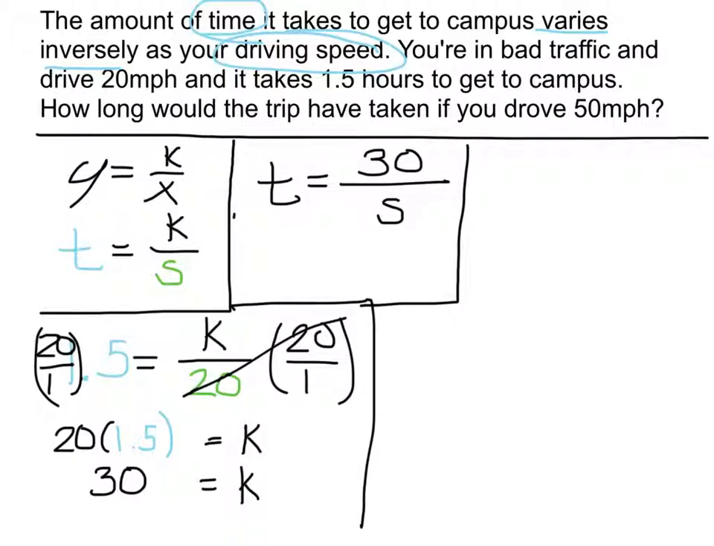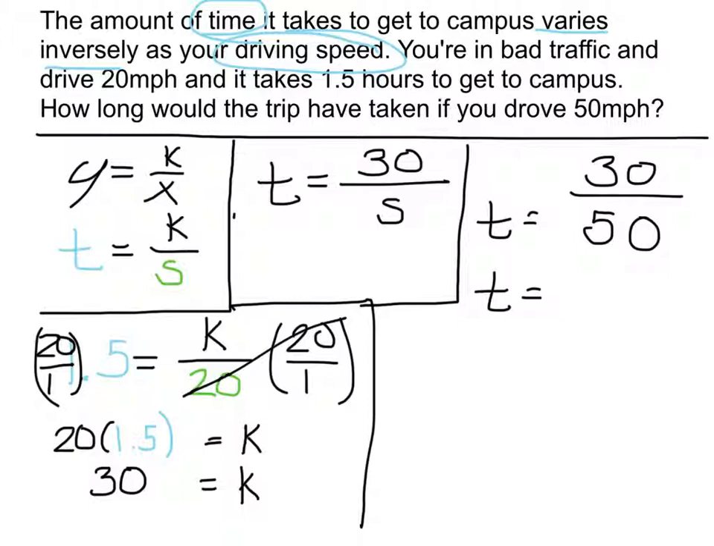So now it's asking me, how long would the trip have taken if you drove 50 miles per hour? In the second part, I'm simply going to use this equation. They want to know time, and they're giving me speed. So I want to know time, and they're giving me that I drove 50 miles an hour. So I put 50 in for S, and I get that time equals 30 over 50, which is equal to